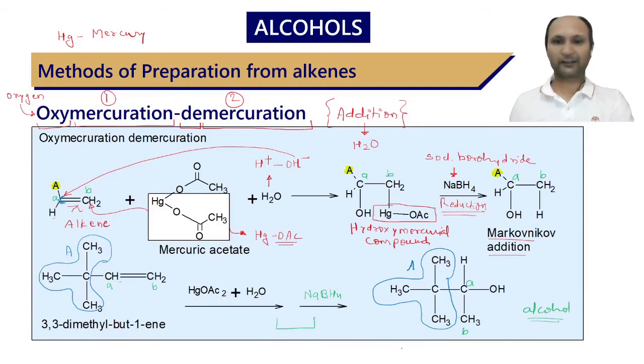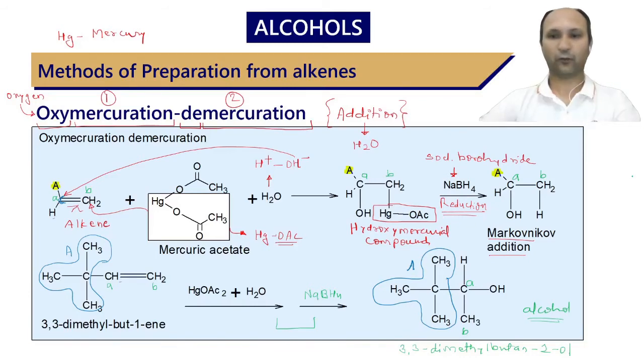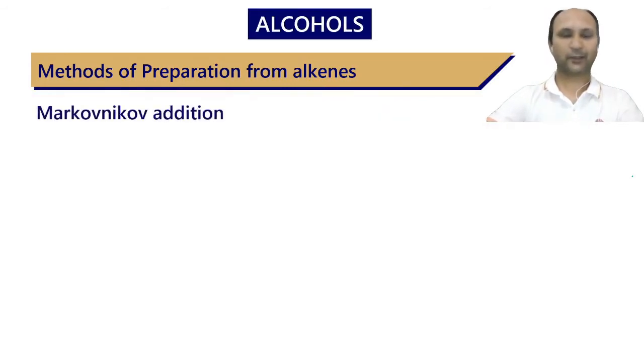What can be the name of this compound? The name of this compound can be 3,3-dimethyl-butan-2-ol. Okay, and now let us come to the Markovnikov addition, and for that let us see the description of